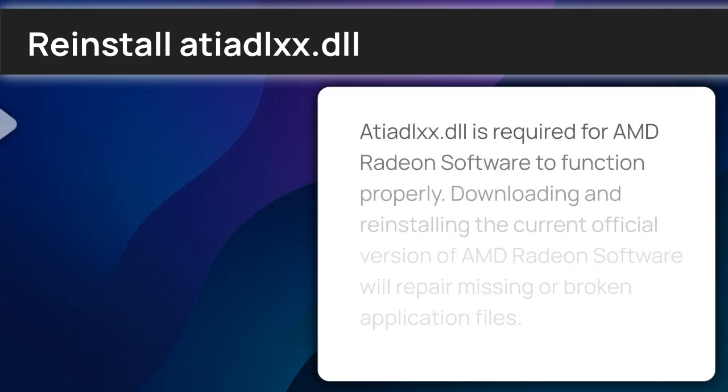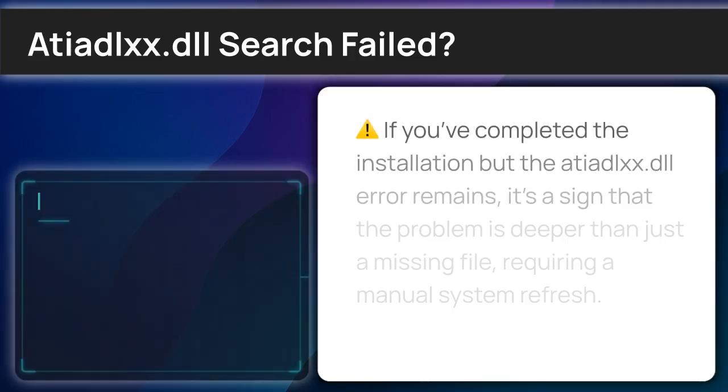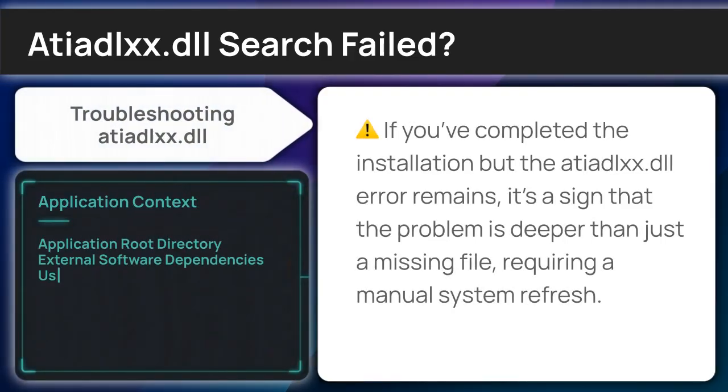This error indicates a missing or corrupted file specifically within the AMD Radeon software environment. I suggest you reinstall the latest version of AMD Radeon software to allow the installer to restore the Atiadlxx.dll automatically. If a standard reinstallation doesn't restore the library, we need to verify if the system environment is properly